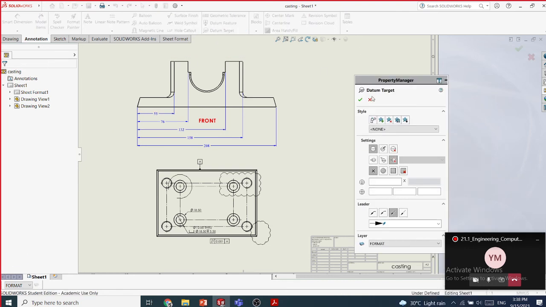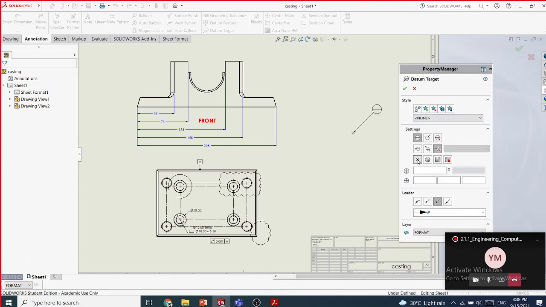So datums can be given as, now SolidWorks is giving a lot of symbols, so I'm not going to go through all these things. Normally we use the point and the areas. So an area can be a circular area and a square or rectangular area. SolidWorks is giving a lot of things, but in normal drawings we need only these three. So we'll try to mark this point,